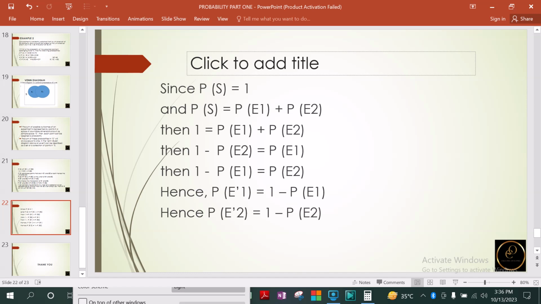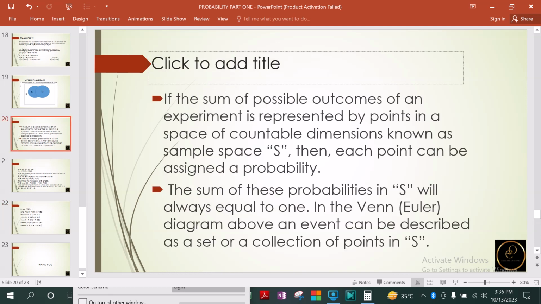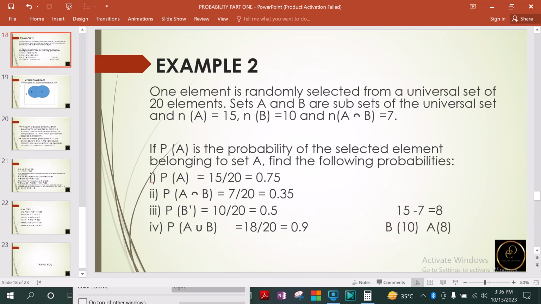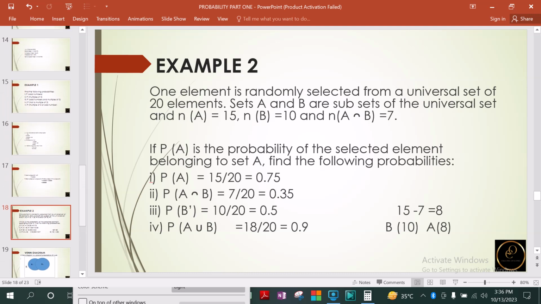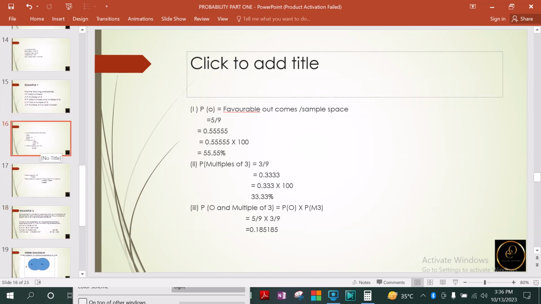Okay, for instance, if you are talking about this event, let's look at this one. We calculated the events here. This one has only two events. Okay, for instance, this one, we have the event